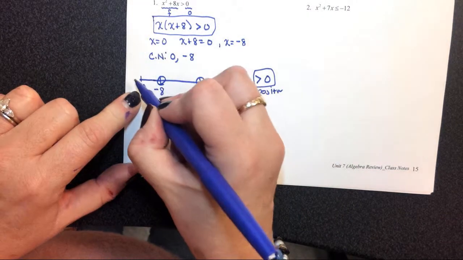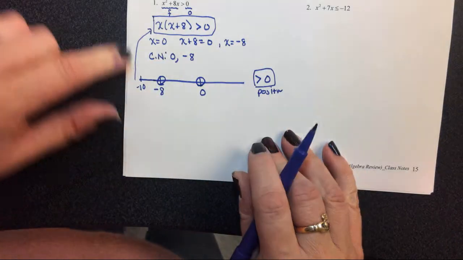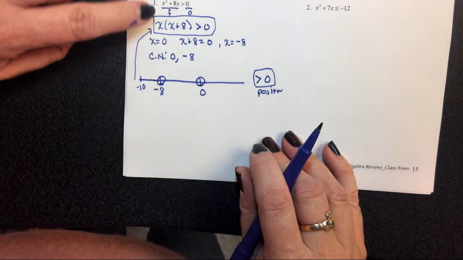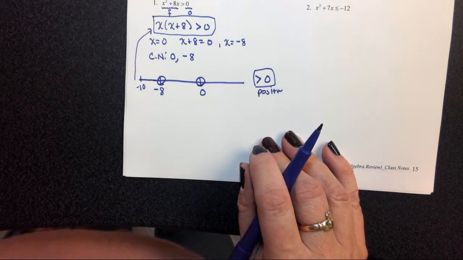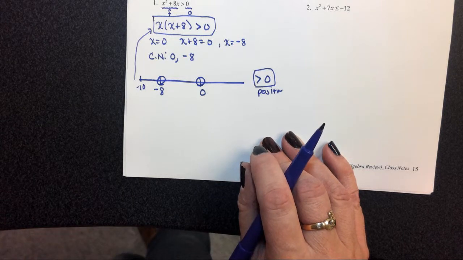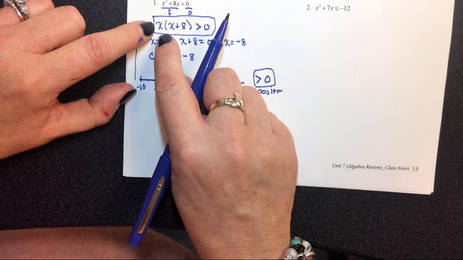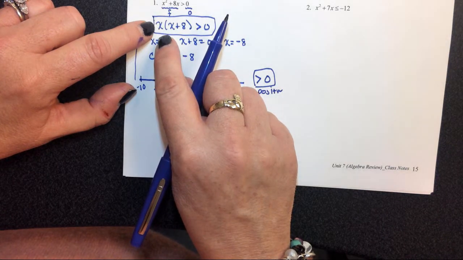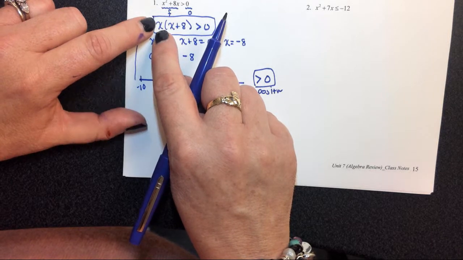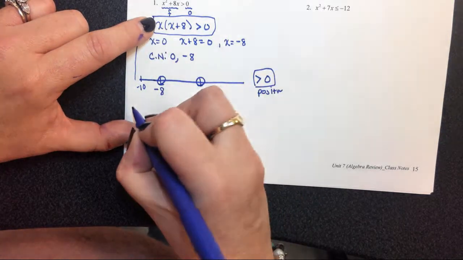So now if I plug negative 10, and again, it doesn't matter if I go back to the original or go back to the factored form, it is easier to use the factored form. So plug negative 10 in for x. Again, I don't need to know what the actual number is. I just need to know if it would be positive or negative. So if I plug a negative number in for x, I know that's going to give me a negative 10